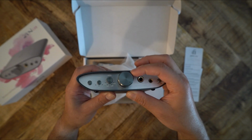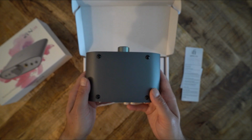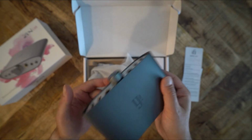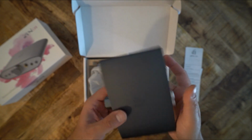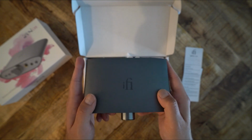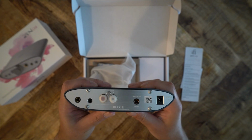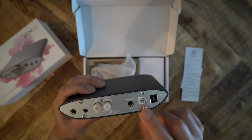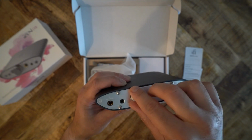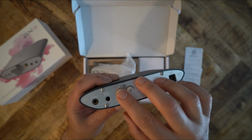Here's an example. The Drop can supposedly has 1 watt of power at single-ended for 16 ohms. This, of course, is significantly lower power output than the 1.6 watts you get at 32 ohms on the Zen Can, the non-Drop version. Drop does not provide power output numbers for 32 ohms. It is possible that the power output scales up from 16 ohms on the Drop version, but you won't really know. In fact, you will never, ever know unless somebody can get in touch with Drop or iFi to provide